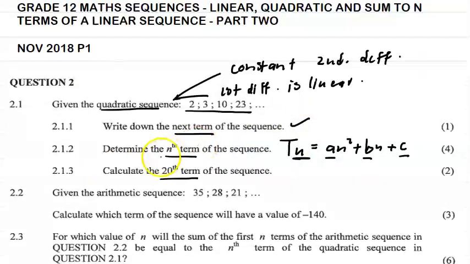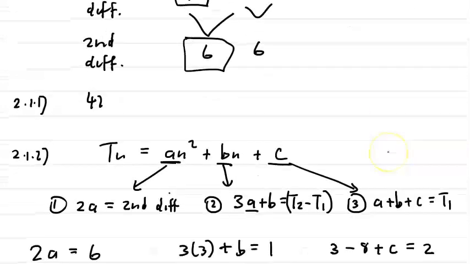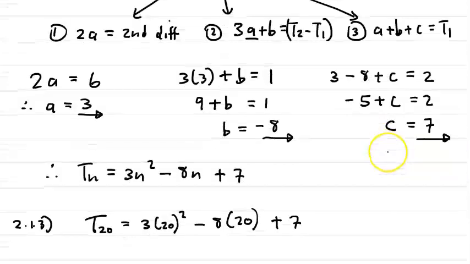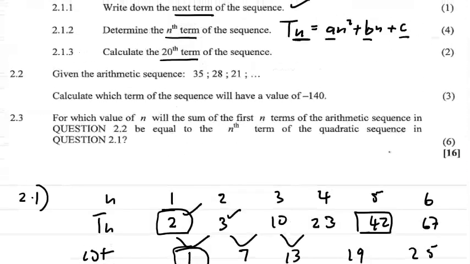We got the next term of the sequence, the nth term of the sequence, and we also calculated the 20th term of this quadratic sequence 2, 3, 10, and 23. And as you can see, the answers are as follows. So let's continue. Now, in the next question, it says, given the arithmetic sequence 35, 28, and 21, calculate the